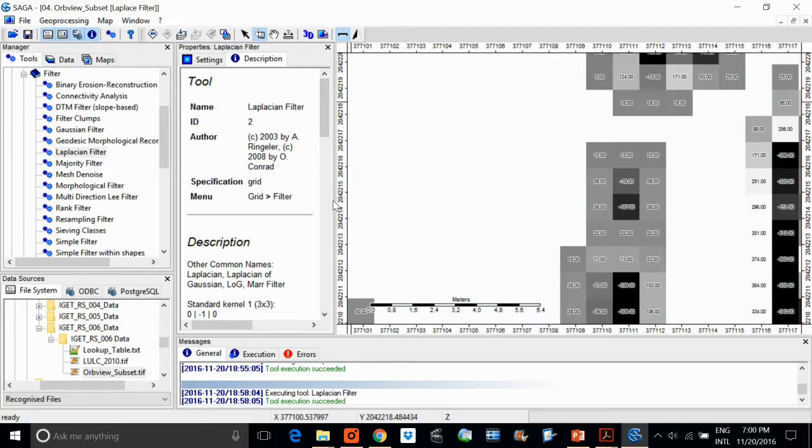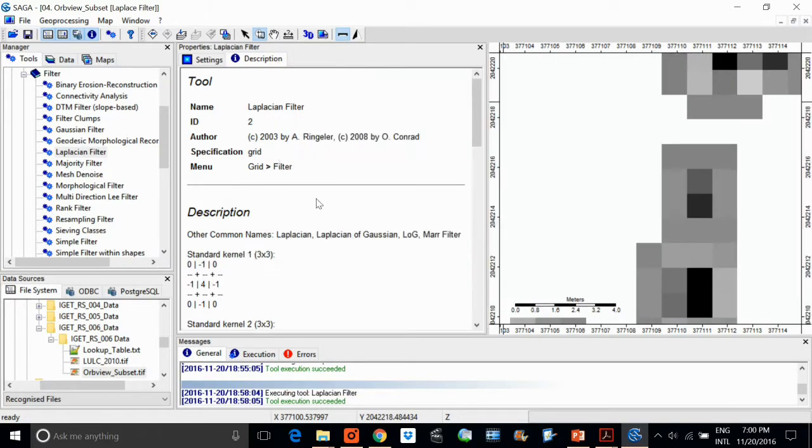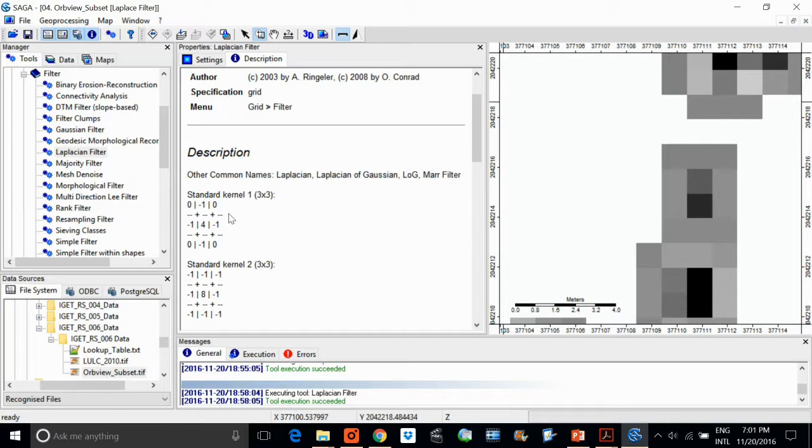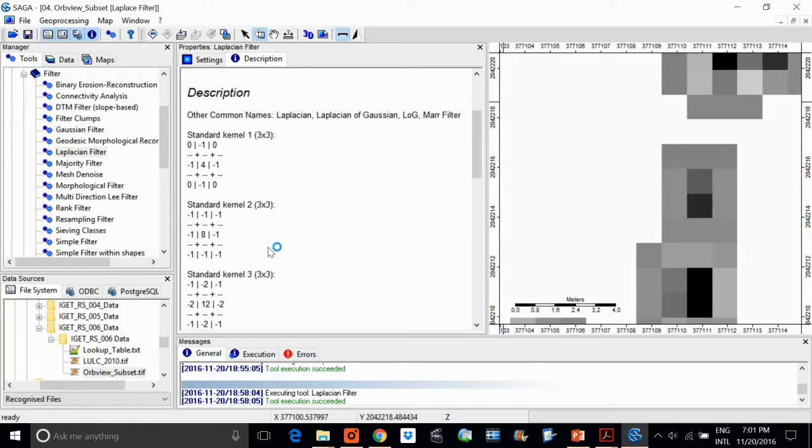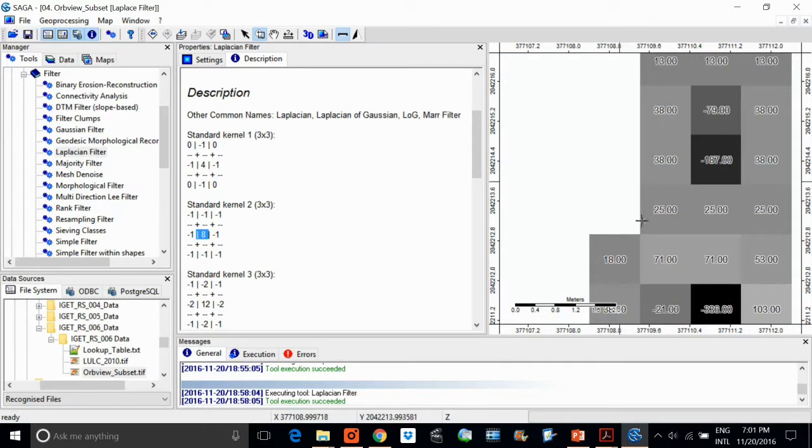So this is a description of Laplacian, and you see this is the standard kernel 3x3 type, and because we have chosen standard type 2, we have used -1, -1, -1, -1. All the edges are -1. The center one is 8. So this is using the standard kernel 2. We can verify the value of the output below. You can just compute it by multiplying it with any of the original values, and you'll arrive at these values.